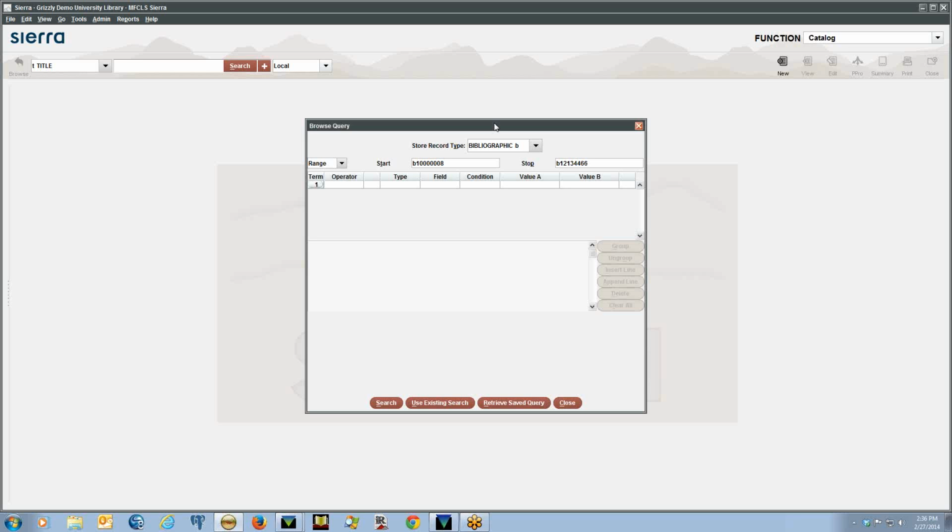You have to create a list, let the list run, and go through the entire database in order to get a result on a single phone number in some cases. With this browse query, you can leverage that power of Create Lists into your search results, and it's instantaneous in terms of getting results back. So if we do a quick patron search here, you'll notice it's a stripped down version of Create Lists, but